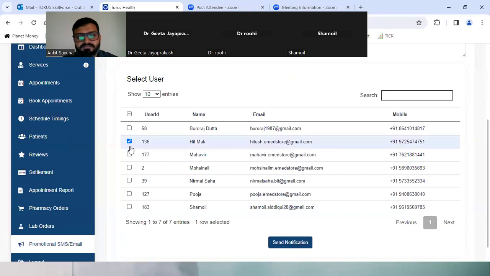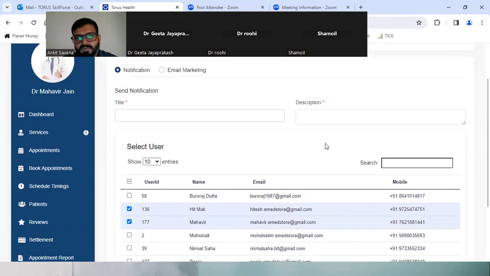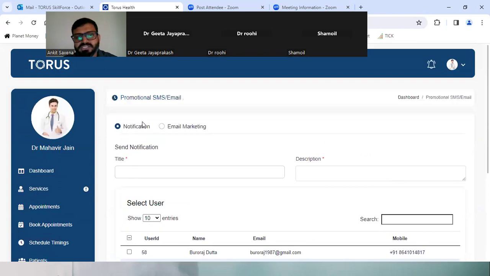You can just select here, and you can click on send notifications, and the notifications will go to their email IDs and their mobile numbers. Okay, so these are the notifications here.